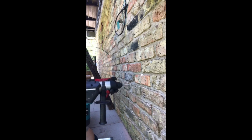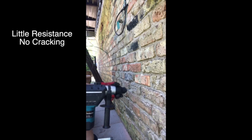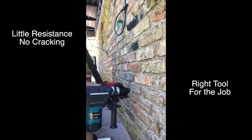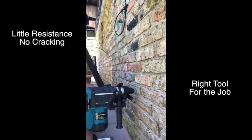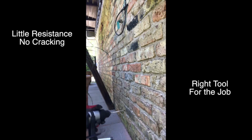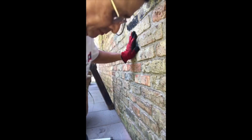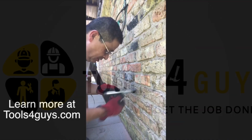Here we go. We're going to make a little hole here. Need to make a bigger hole, but I'm going to make a few holes around there and then chip it out so I can get this 3/4 inch pipe right through that little sucker there. All right, so